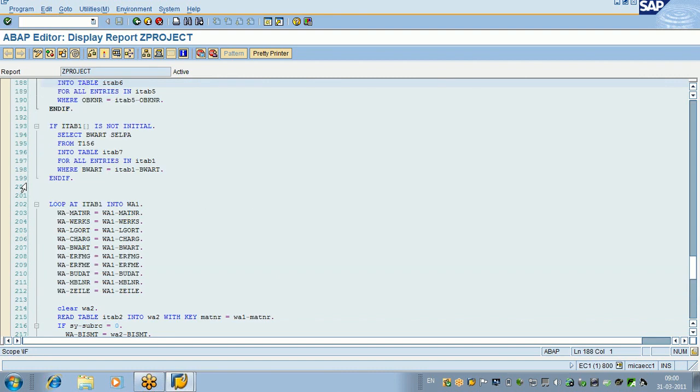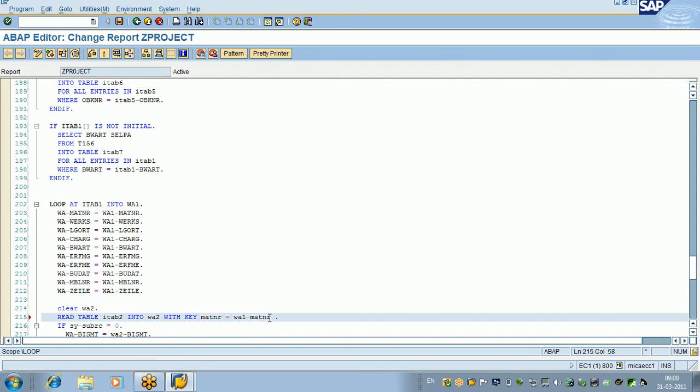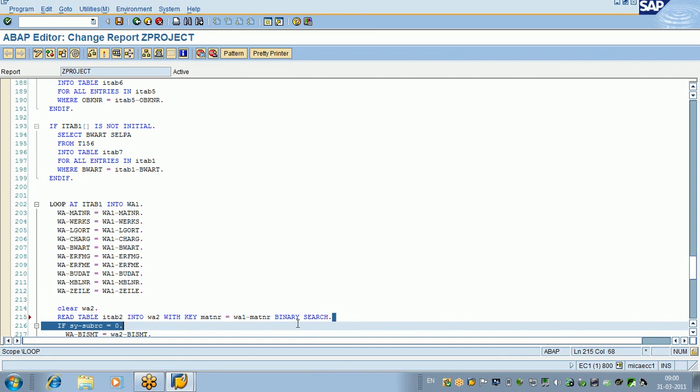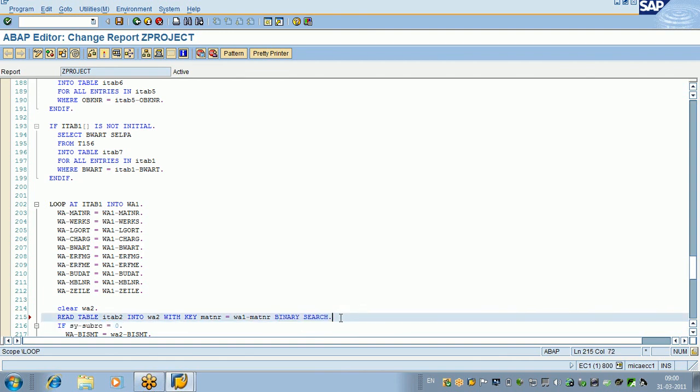And one more thing, whenever you are using a read statement, you can use sorting also. You can add the keyword binary search. Whenever you use binary search along with the read, performance will improve, because binary search is faster when compared to the linear search. If you add the keyword, it will search using a binary search. But remember,